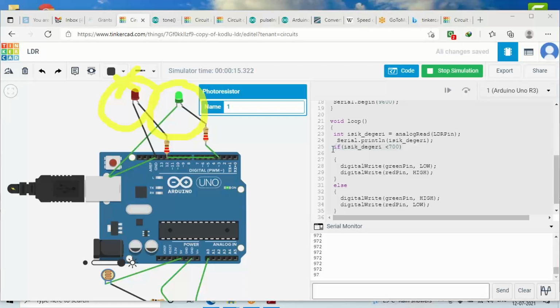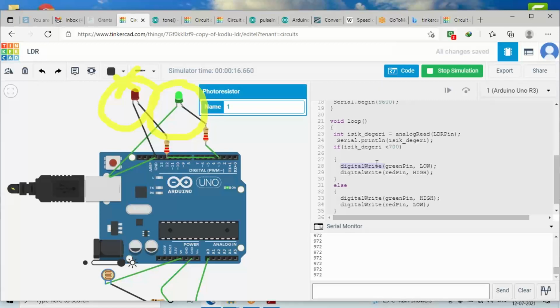If you look carefully at this if-else part, if the value is less than 700, I have called one more function, called the digitalWrite function. The digitalWrite function helps us write something through that channel.